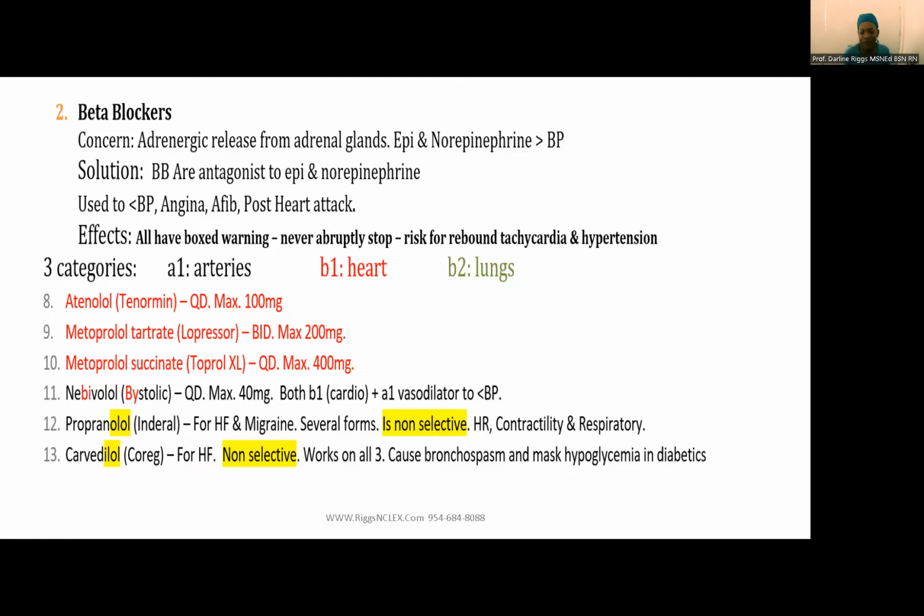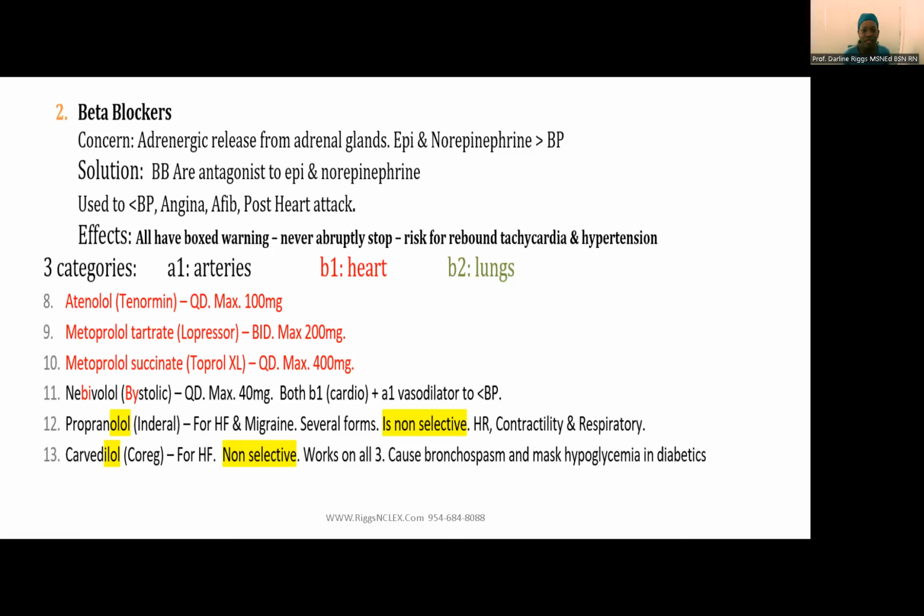Now, the entire family has a box warning. We never, ever, ever do this. This is an absolute. We just saw an absolute with your ACE, with the coughing. Here's another absolute. Never